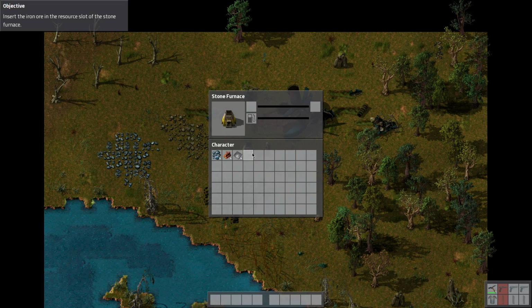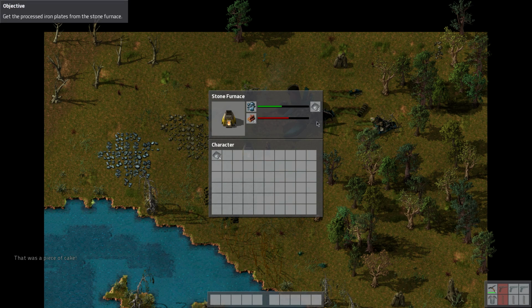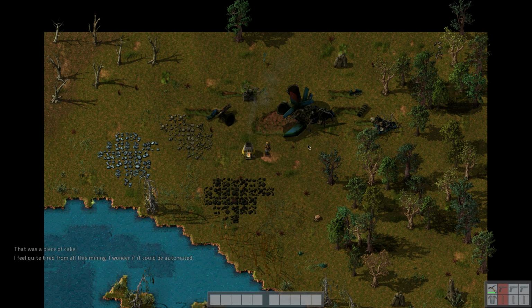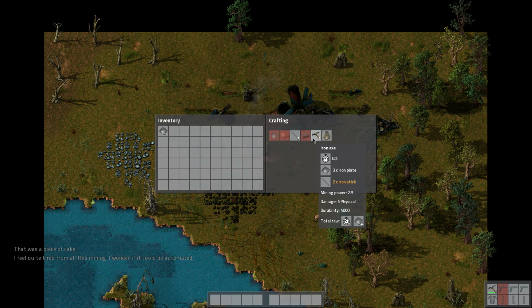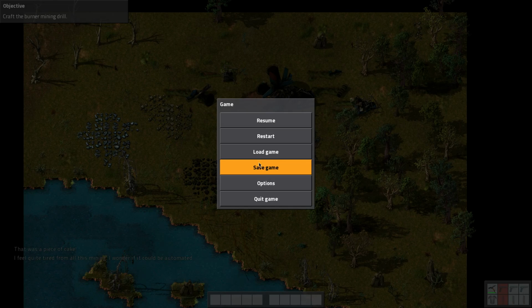Slap it on the ground, give it some fuel, and throw the iron in there. Now you can see it's burning the fuel and smelting the iron. Now right now, obviously this looks kind of like a top-down Minecraft, right? Gathering resources, smelting things to make other things. However, I'm going to quit,